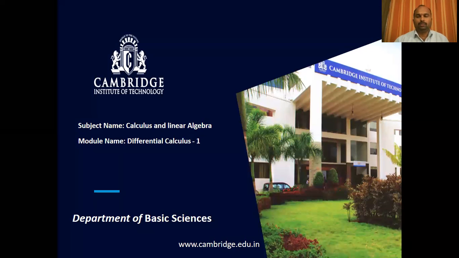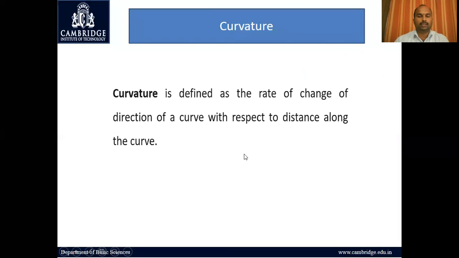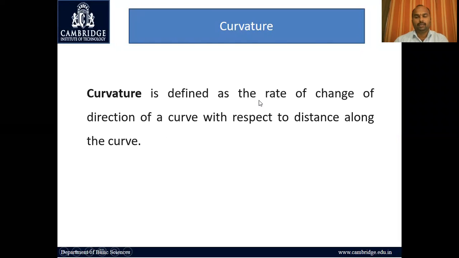Hi, in this video, I will explain what is the curvature, what is the radius of curvature, and how to find the radius of curvature in Cartesian and polar forms, and what are the applications of polar curves that we will see in this video. So first, the curvature is defined as the rate of change of the direction of a curve